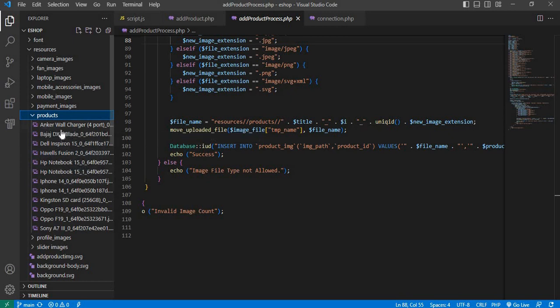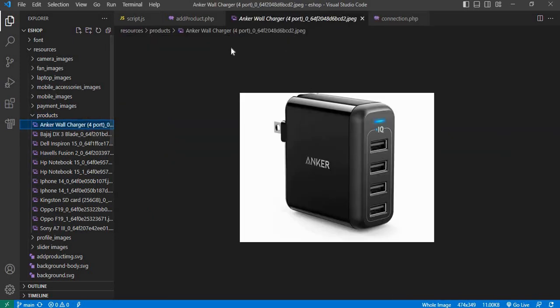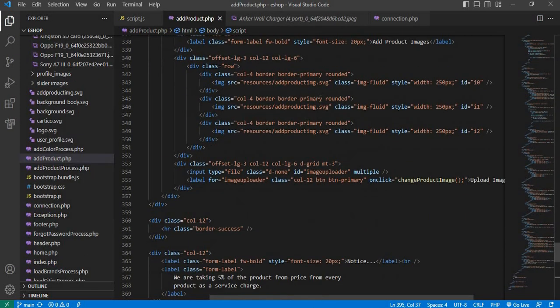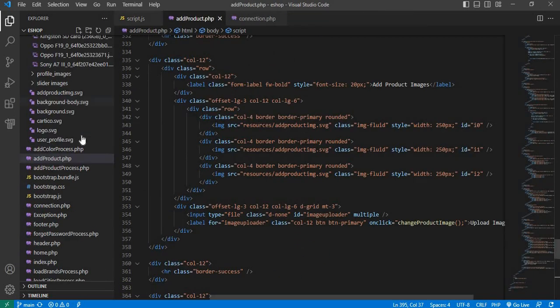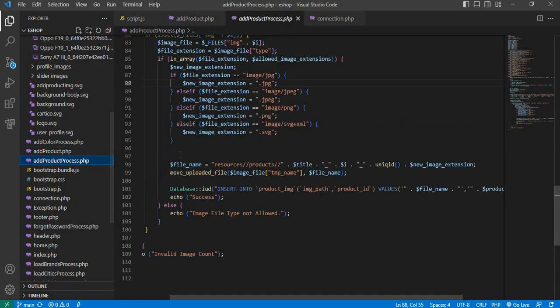Now the file name is saved like this: anchor wall charger, the title, plus 0, the 0th image, plus a unique ID. Here I can't see the unique ID, but I will show the 0th image plus the unique ID and the file type. The file image is saved like this: the title, the $variable i, that means the index, the array length is 0, and the unique ID and the extension .jpeg. So that's